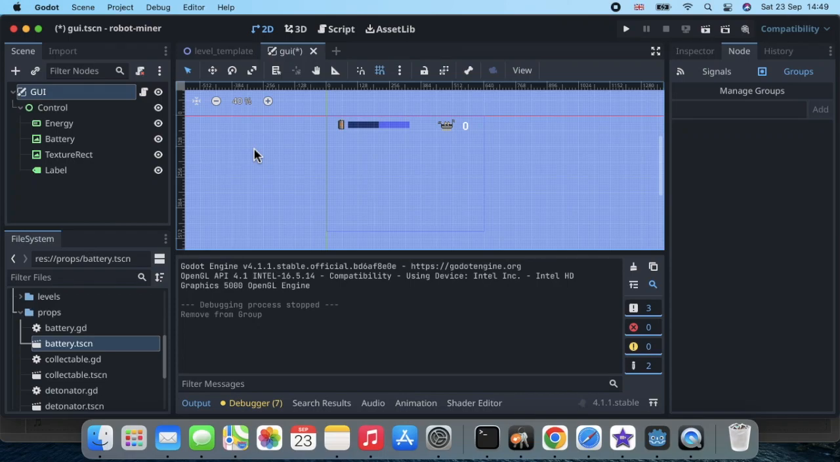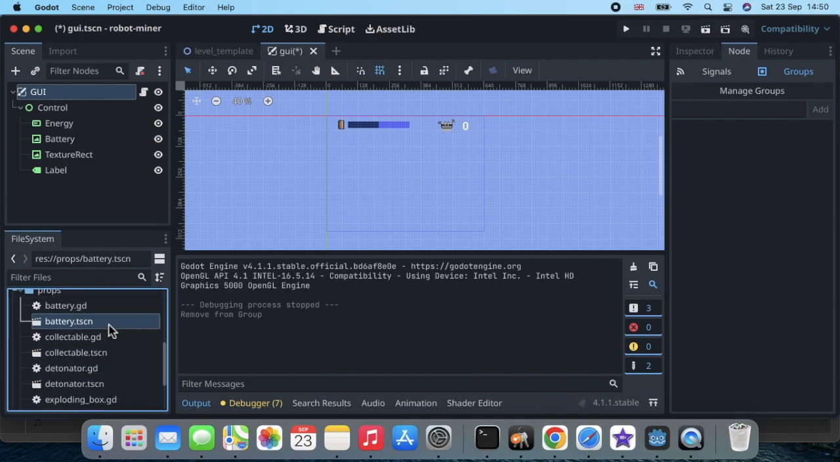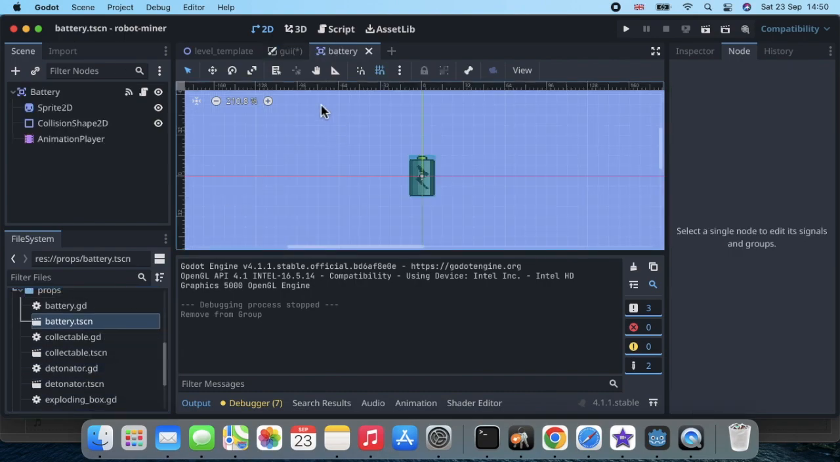In this section, let's carry on modifying the GUI. What we will do is enable the life bar to increase the amount of life the player has when the player collects the battery. Let's crack on with that. So what we want to do is go into our props, which I was already in, and open the battery scene. We want to go into script view,